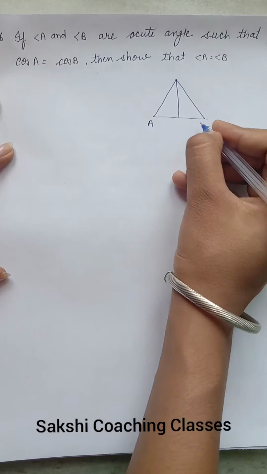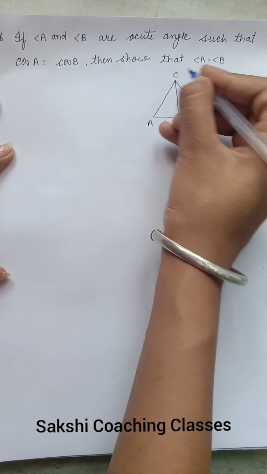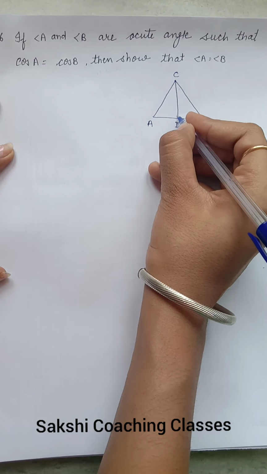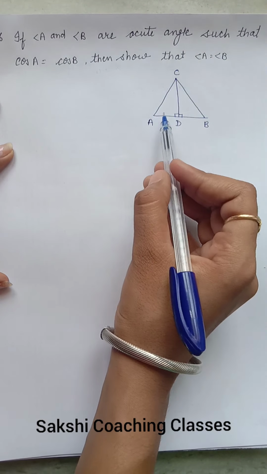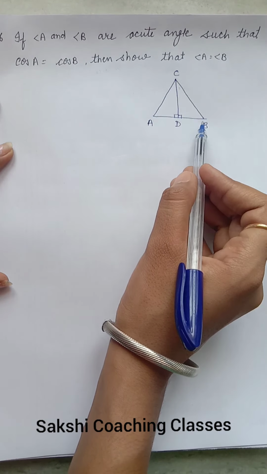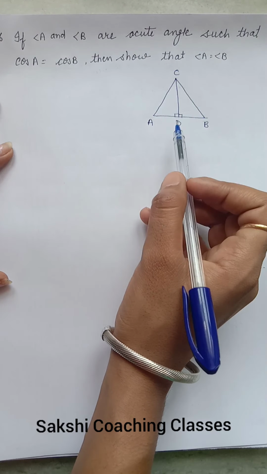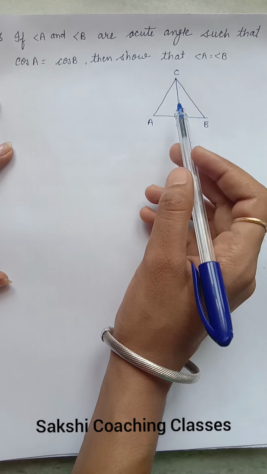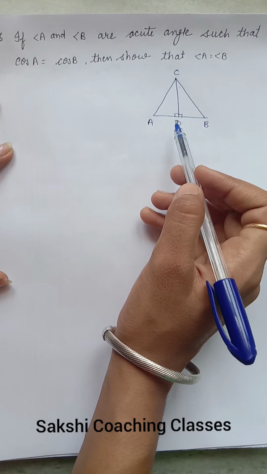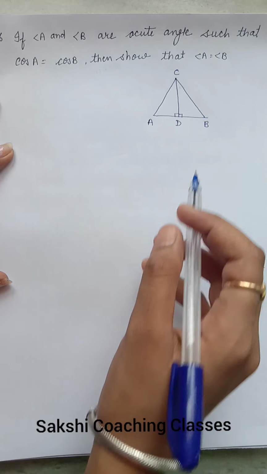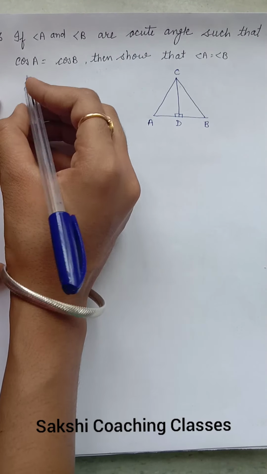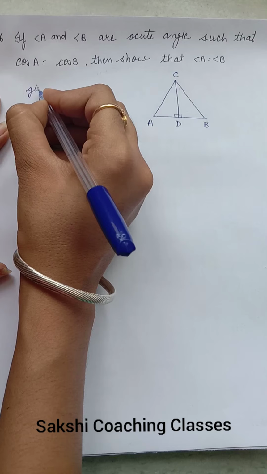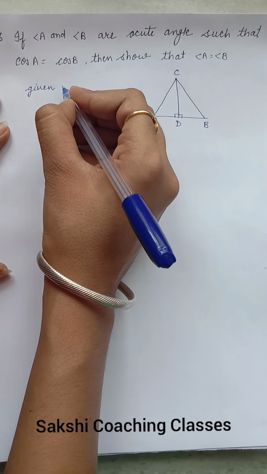It is triangle ABC and D. We form such a triangle in which angle A is an acute angle and angle B is also an acute angle, and we draw a perpendicular CD, which makes a right angle. Clear? Okay, now what we have to do here, it is given that